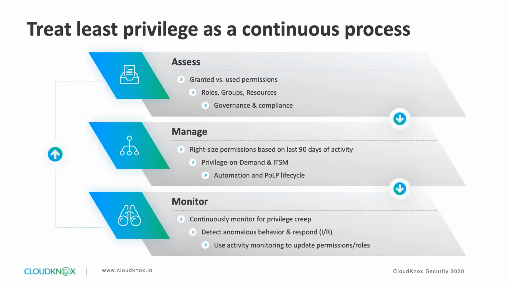So in terms of treating least privilege as a continuous process, it really involves three key things. As part of what we do in working with customers is assessing the environment. One of the things we do following an initial deployment is to actually run a risk assessment and have a risk assessment report that provides them a lay of the land to understand where those risks exist. Again, this comes back to a number of things. One is, what permissions have been granted versus what's actually being used. If you're going to get to any level of least privilege, this is one of the most fundamental concepts that you ideally need to start with.